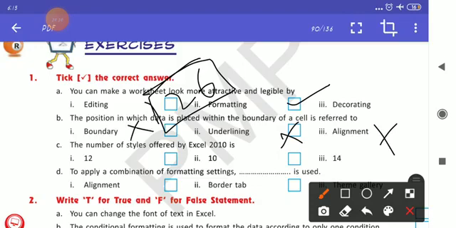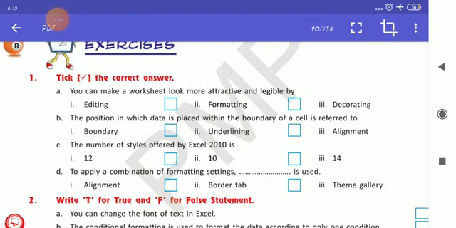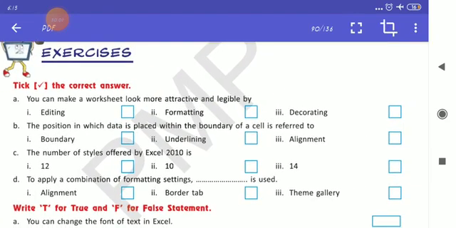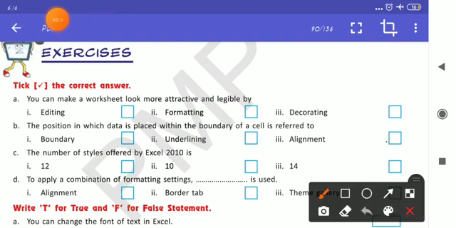You cannot say boundary. The correct answer is alignment. Okay, because the position is what? Left, right, center. So it is known as alignment because it is inside the boundary. So boundary is not the position. Clear? The question says the position in which data is placed within the boundary of a cell is referred to as alignment. Clear?